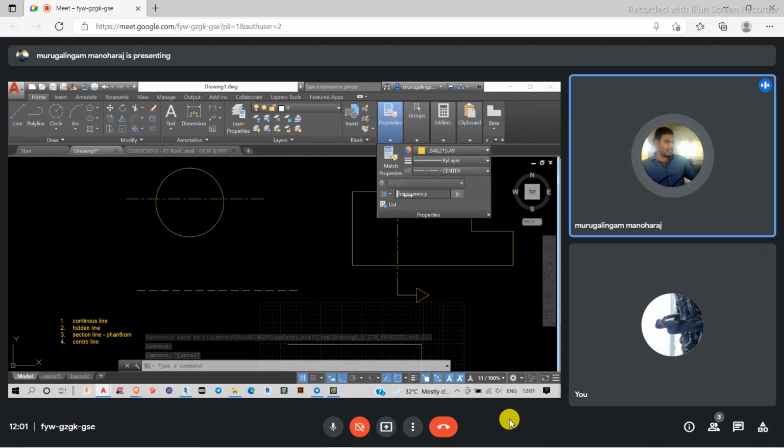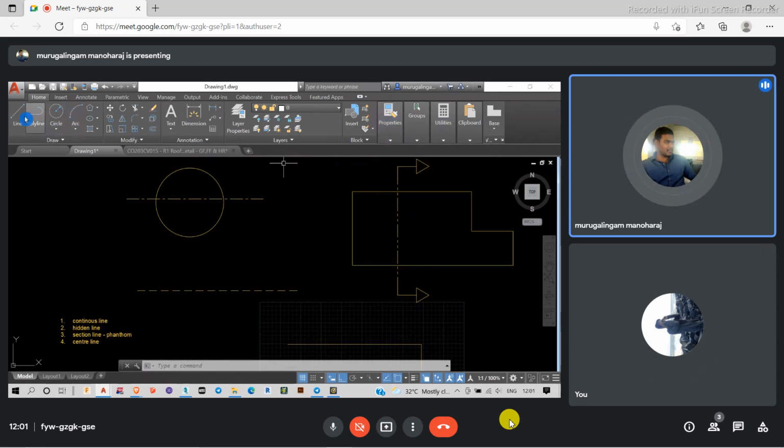What is the purpose of transparency? If I draw something like this, it will look very dull for me. We have to understand the purpose. In any building or any kind of drawing, only the architect will be doing the work first.